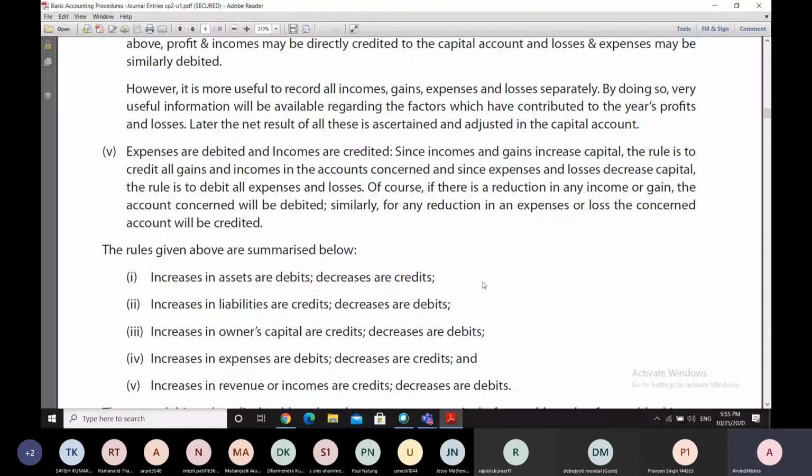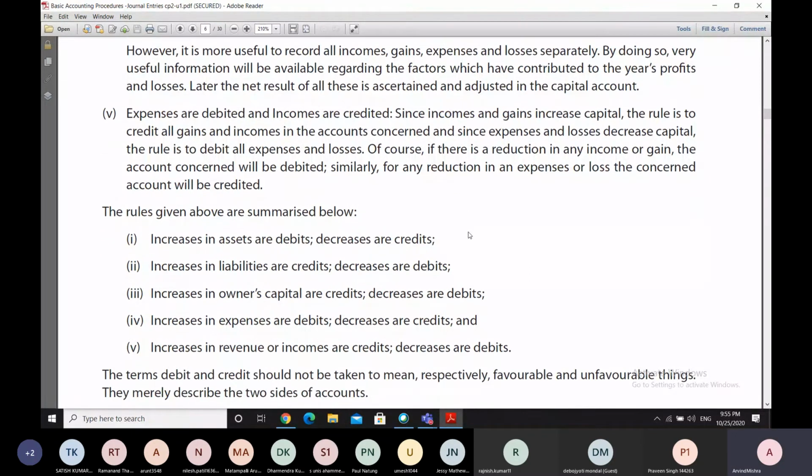Whenever there was a decrease of any asset, we were writing that on the right hand side. And we were doing the opposite in case of liabilities and the capital. And whatever we were doing in case of the capital, the same thing we were doing for incomes and losses. By making a logical conclusion, we can summarize all the rules